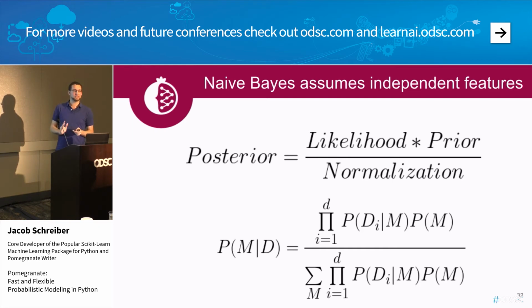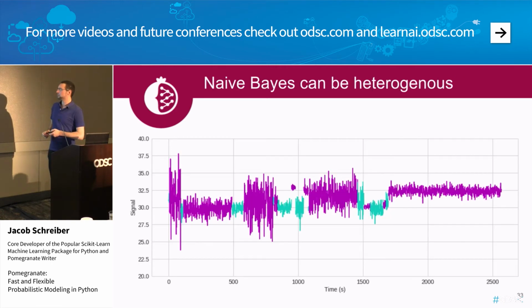If that's the case, we don't need to have the same probability distribution along each feature. We can use any probability distribution, and this has a lot of real-world implications. For example, imagine we have some sort of signal data like this, that there are 3 main aspects that would correspond to each one of these segments if we want to classify them as being either magenta or cyan. We could take the mean of each one of these segments, the standard deviation of each one of the segments, and the duration of the segments.